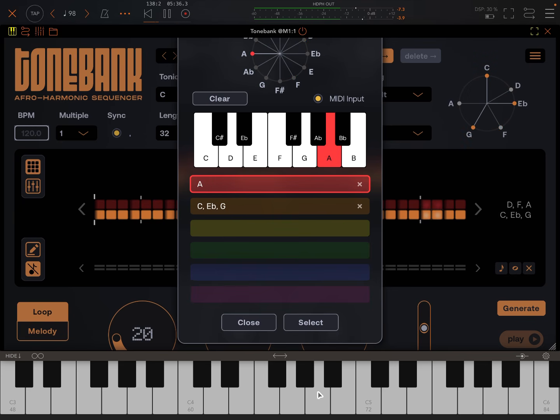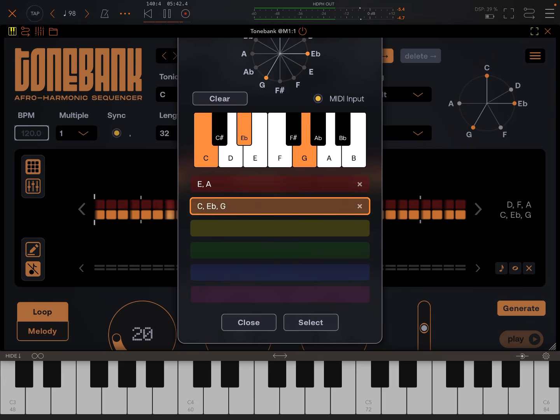So you see there I tapped and I've added A, and now I've added E. Okay, and then I go to the next one and I just put in what I want it to be. Let's say BDF, whatever, and I go through like that and just add everything, and then I can either clear it